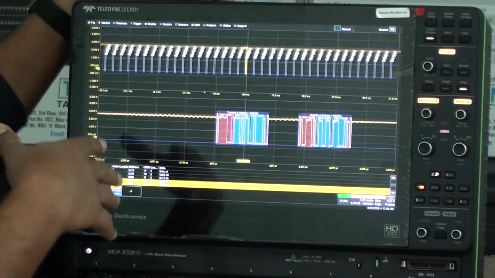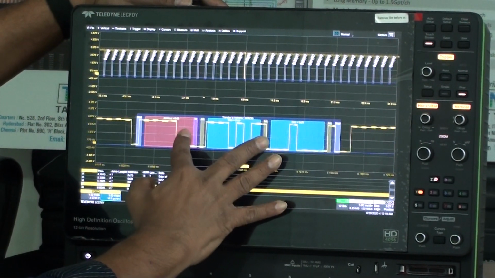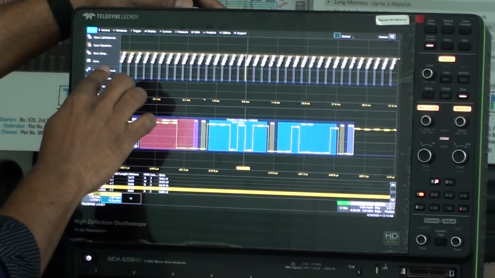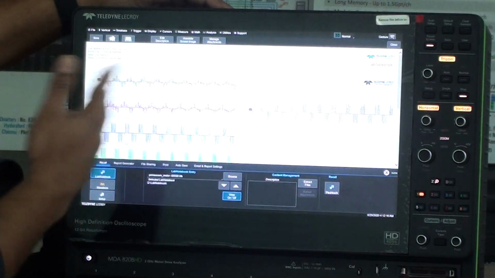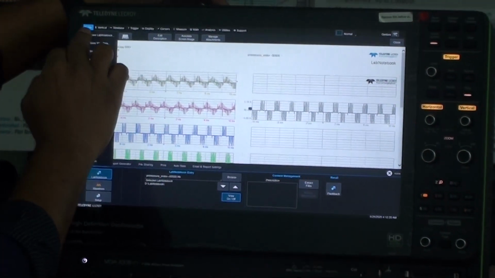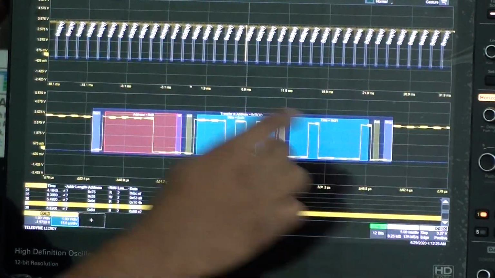So this way you can also make a lab note. Let's say I have a lab note that I am going to look at. I could save such waveforms and store them. I'd like to save this waveform for you.